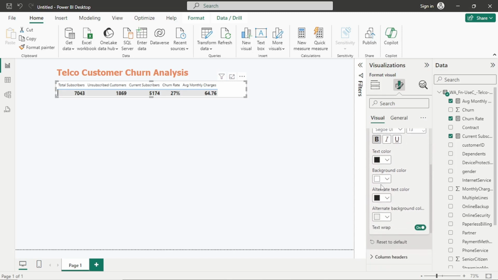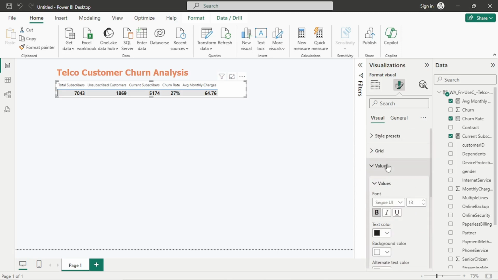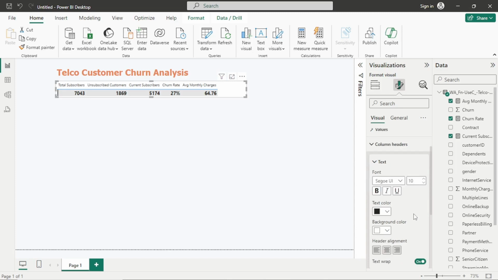The background color will be white. And then the other thing I'd like us to format is the column headers. And for this, we're going to retain both the font and the size. But the